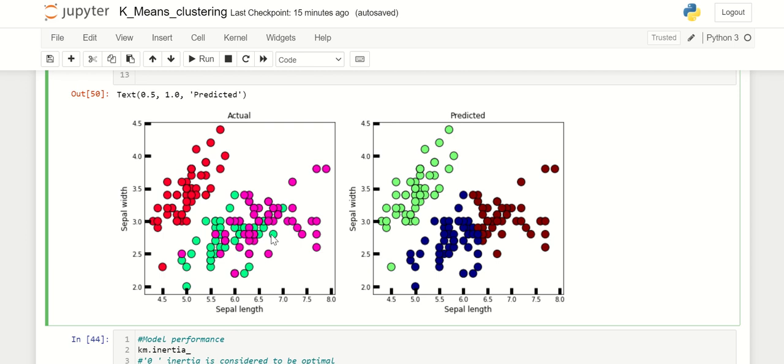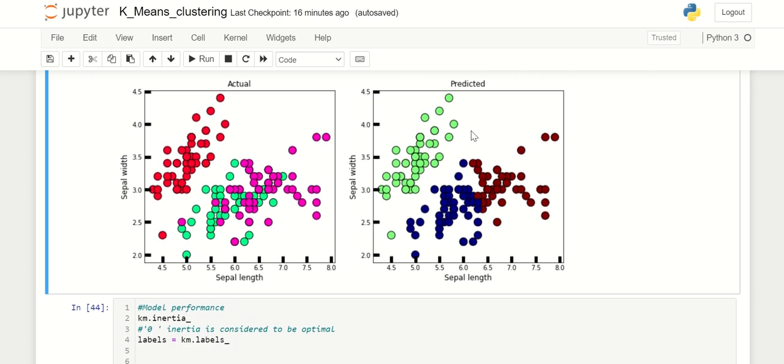This is the given data, and this is as per our predictions. K-means clustering has clearly divided the whole data set into three parts, and we can see that very few data are overlapping, so that is as per the understanding of k-means clustering. If the data are overlapping, then we cannot differentiate it, right? So in order to differentiate it into three parts, wherever data are overlapping is taken into one group. So this is actual and predicted.